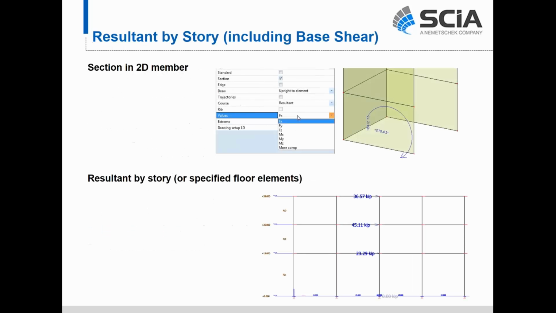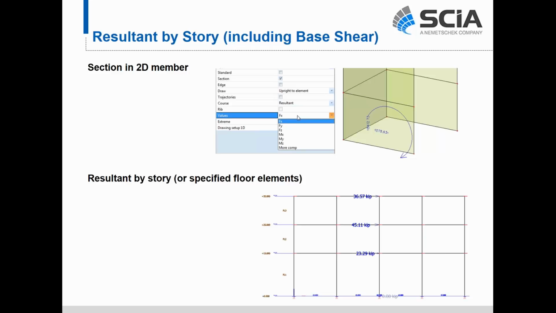Now we mentioned resultant forces a little bit, whether it's resultant per story like we were looking at or base shear. We can get a base shear by doing resultants of reactions, so we could take all our reactions and get an accurate base shear. We could also be a little bit more specific, and apply a section around, for instance, a core wall or a set of shear walls, and get a force and an overturning moment for that entire assembly of shear walls. That's possible as well. Obviously, for the equivalent lateral force procedure method, we're getting resultants by stories, or we can